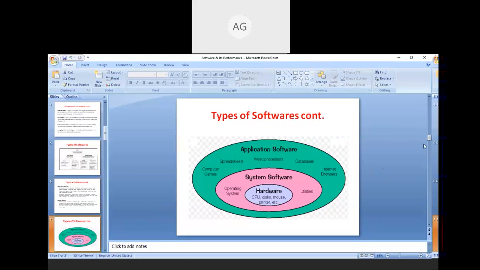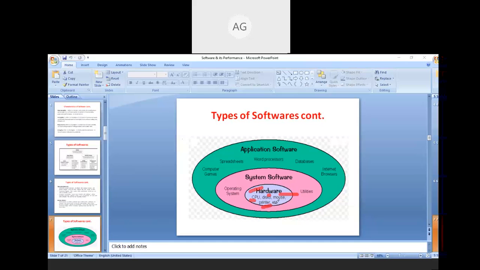So this is the basic arrangement of software. You can see that at the core there is hardware, and the hardware consists of the CPU, disk, mouse, and printer.